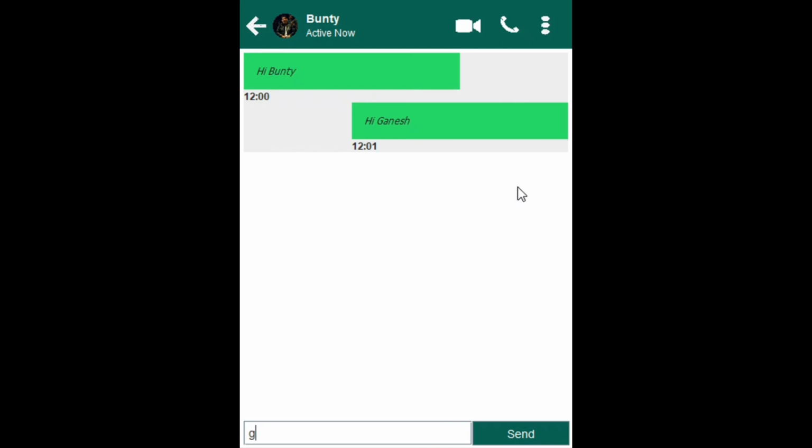On the client side, you can see that the message sent by Ganesh Gaitonde is displayed here, and there is the message from Bunty to Ganesh Gaitonde. You can see the typing functionality here also, and I have changed just the icon of Bunty. The send button and all the GUI in the server program is the same in the client. So this is all about this WhatsApp lookalike chat app.